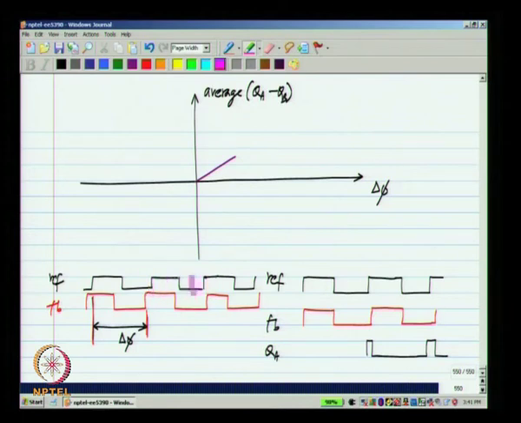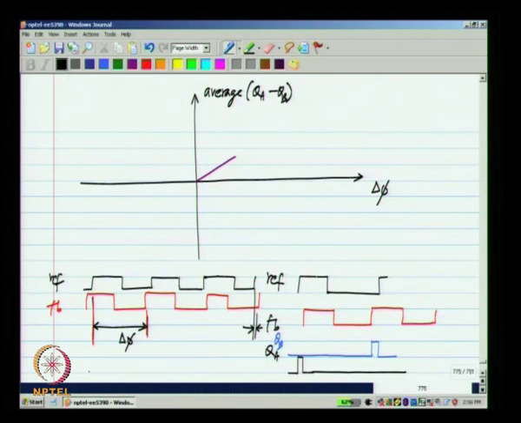During this part QA will be 1, but after this rising edge of feedback it will fall back to 0, and after that what happens is you will start getting narrow pulses of QA. So, here you will get a QA which is very wide, and then here you will get a QA that is very small. That is the difference between these two. What I am trying to say here is, here the delta phi is almost equal to 2 pi, and once it crosses 2 pi it becomes modulo 2 pi and small.